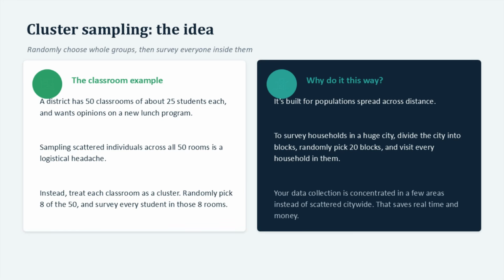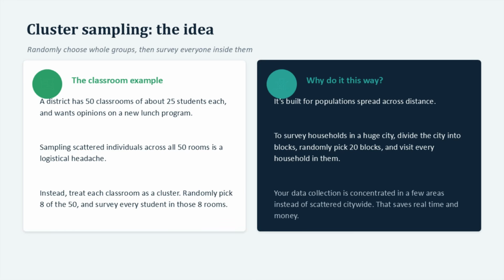Much more manageable. Now look at the example on the right, because this is where cluster sampling really becomes useful. Suppose I want to survey households across a huge city. If I randomly choose individual households from all over the city, I might have to travel from one end of town to the other, then back again, then somewhere completely different. Great for your gas bill, not great for your research